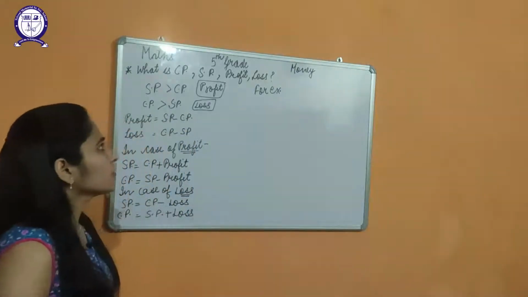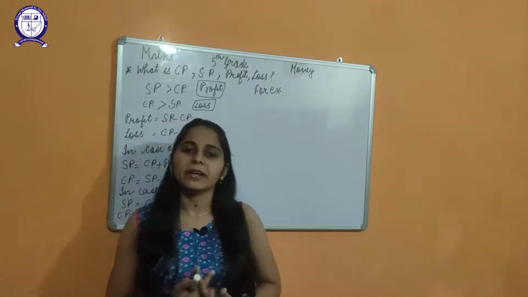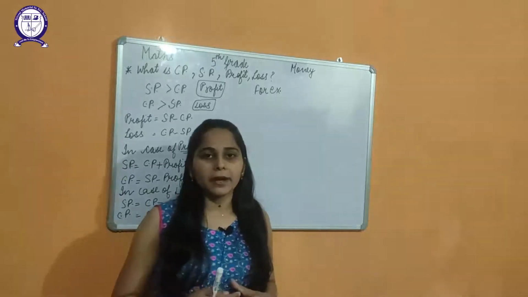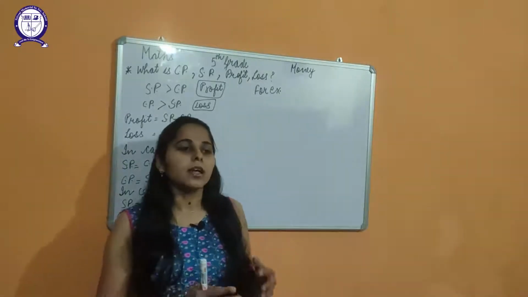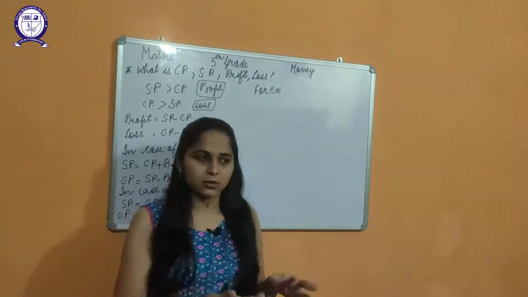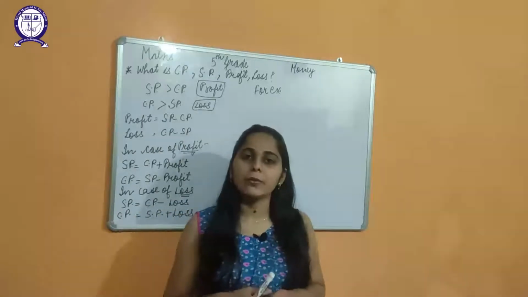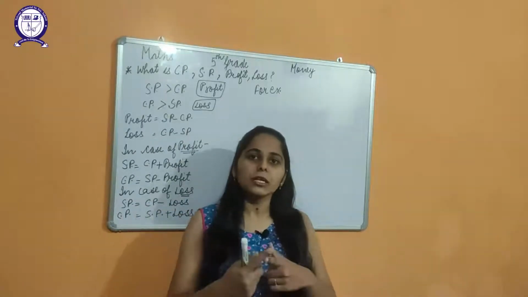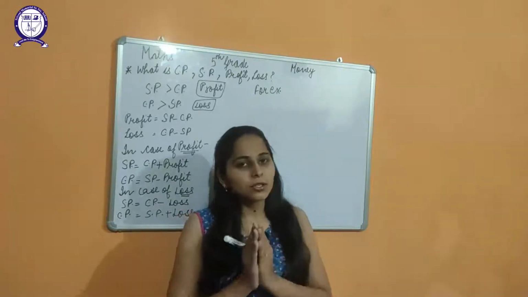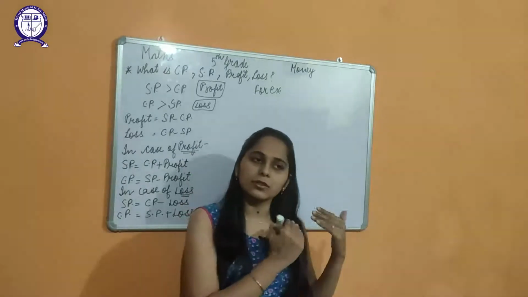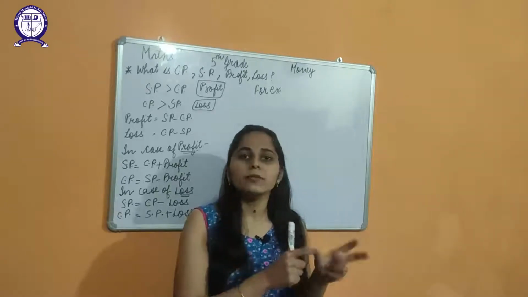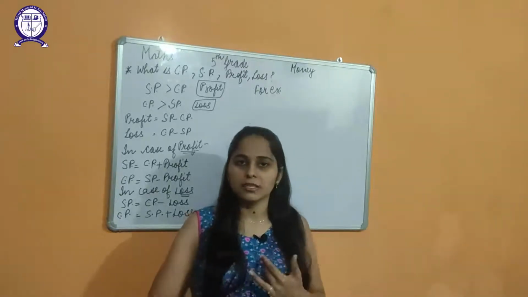Now students, when we are buying things, suppose a vegetable vendor comes to your home or your street, then you buy tomato, potato, or any vegetable you like. Suppose tomatoes are 50 rupees per kilogram, so you buy 1 kilogram and pay 50 rupees to the vegetable vendor. For you, that 50 rupees is the cost price. You are buying the tomatoes, and at the same time those 50 rupees are the selling price for the vegetable vendor. So these are known as CP and SP.